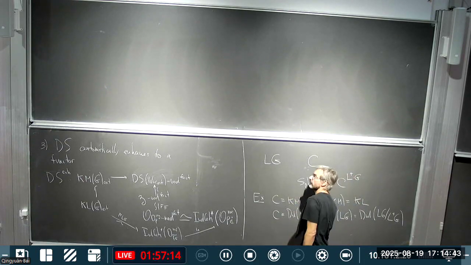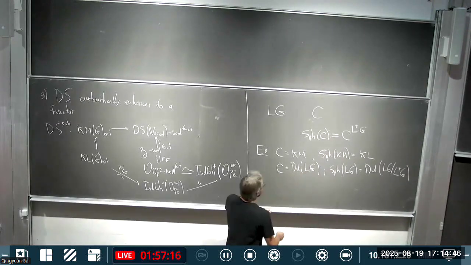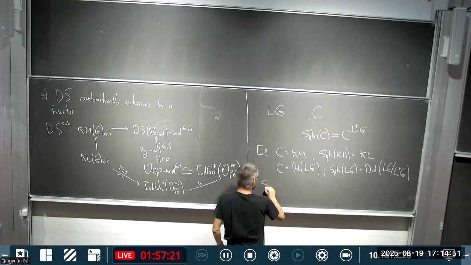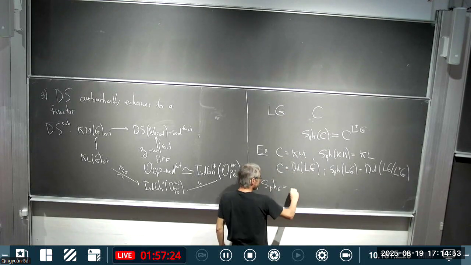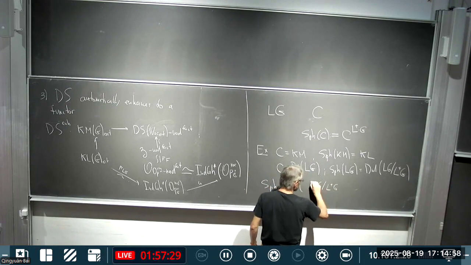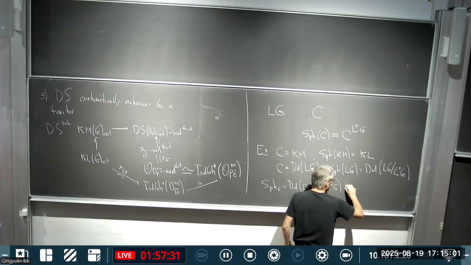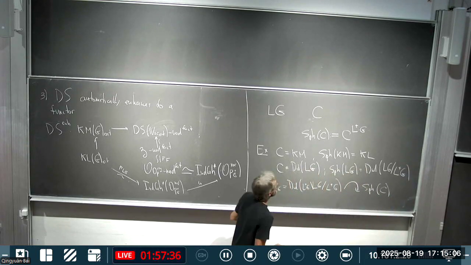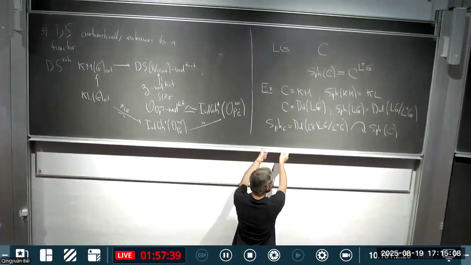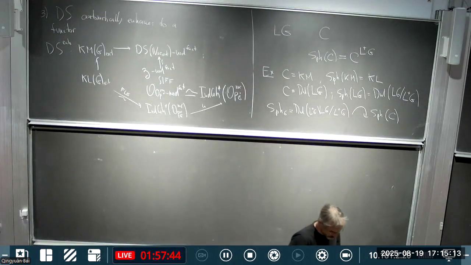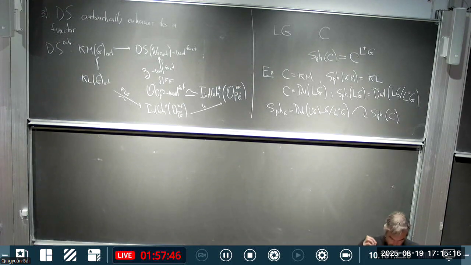And what I meant over there is the following. In this situation, LG acts on C, then what we call SPH, which is by definition D-modules on LG on L plus G, L plus G will act on SPH. See, it's the usual expected algebra construction. All right. So what else can we do? Let me just add here.